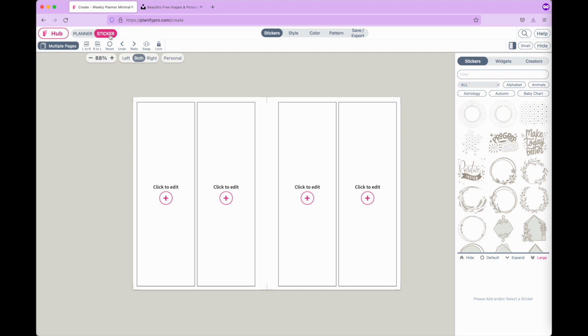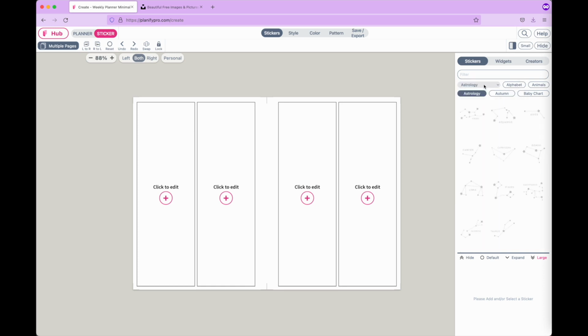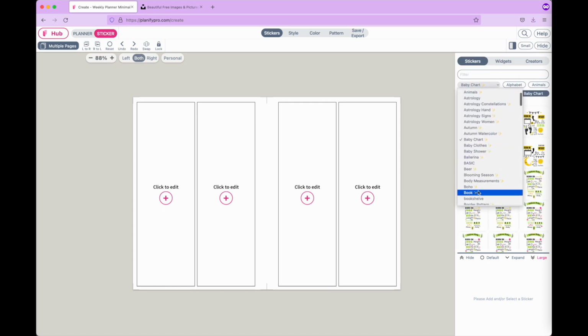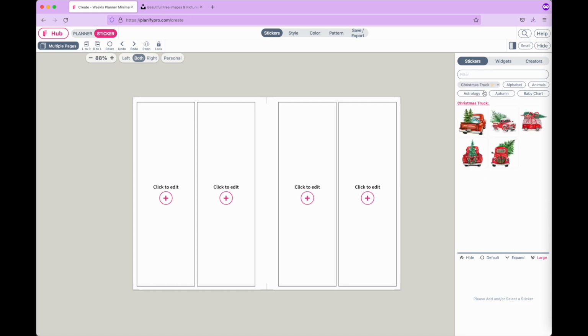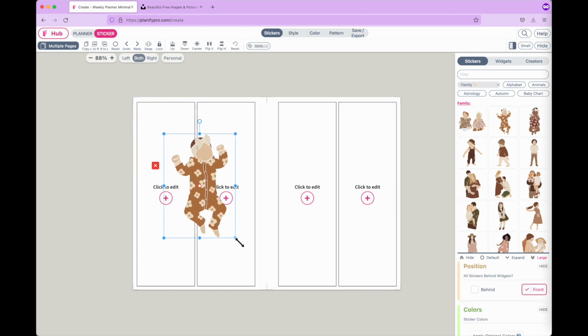So by selecting sticker mode, the sticker panel will show up, and then from here you can search through different kinds of sticker collections. So there are, for example, astrology stickers, or we also have baby charts, or blooming season and florals, or Christmas and Christmas related stickers. We have a ton of different kinds of stickers, and you can click on them and then they will show up on the template. From here you can move them around, you can resize them,